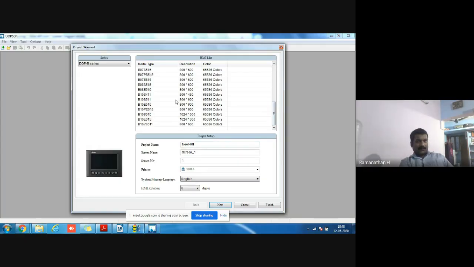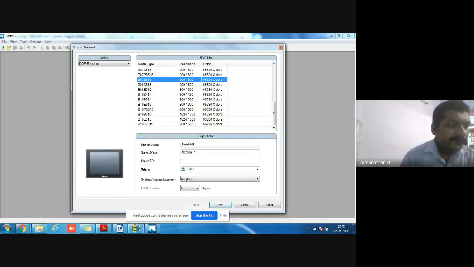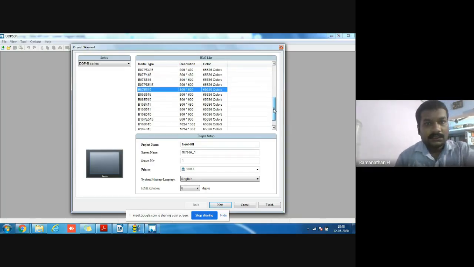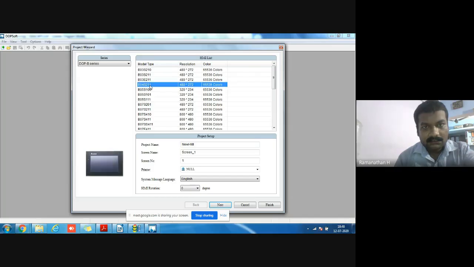So I take the big screen, the 10-inch HMI. Suppose I want 7-inch, I go to 7-inch. And suppose I want to choose 4-inch, here the 4-inch, and here lesser than 4-inch.